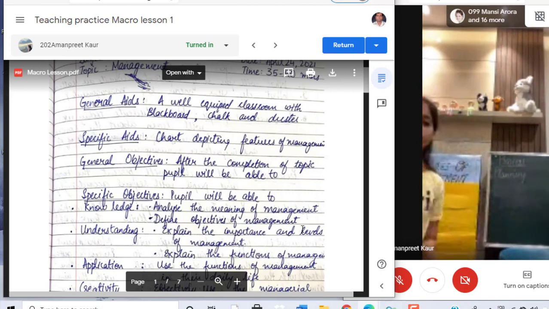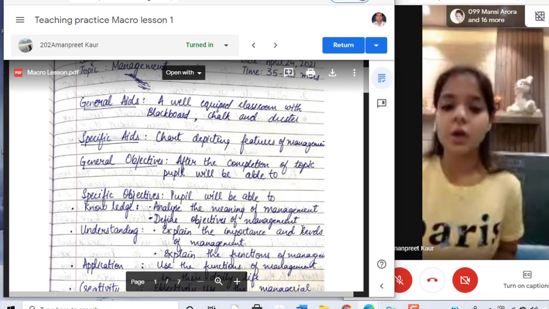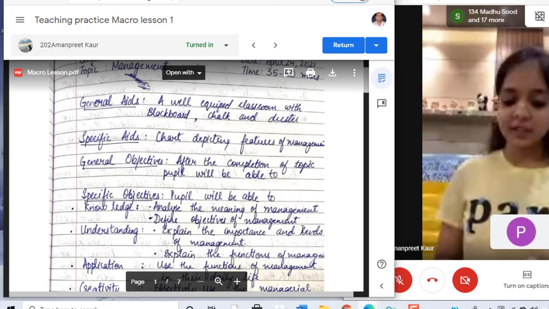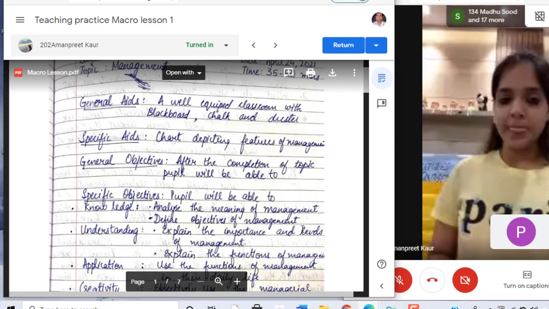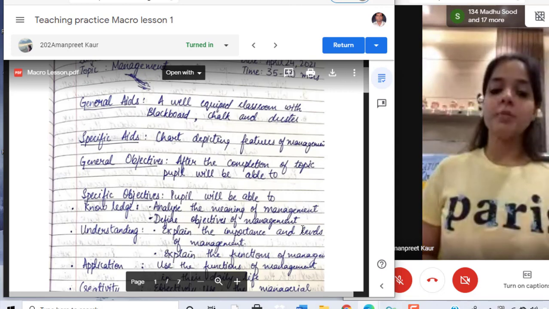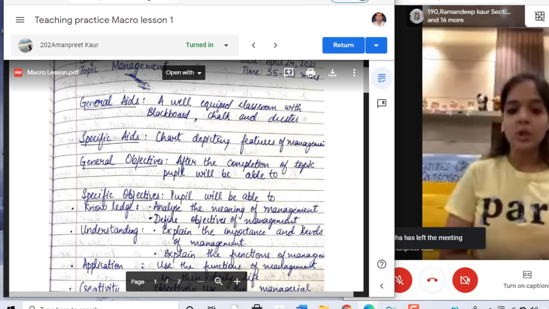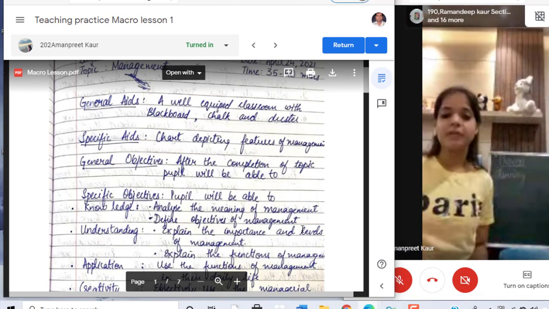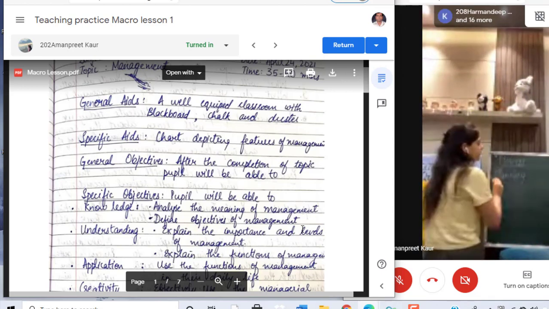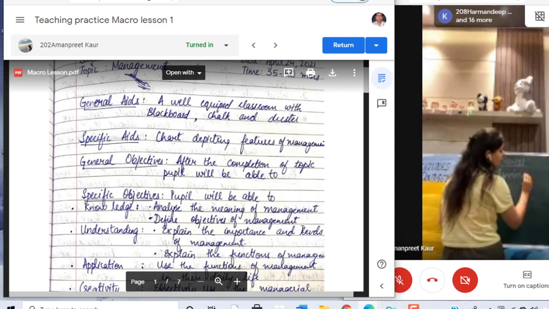Now students, you want to go on a trip. What is the first thing you will do whenever you want to go on a trip? Yes, you will do planning. We will study these steps of the process in detail in future chapters. So first is planning. The other is organizing.